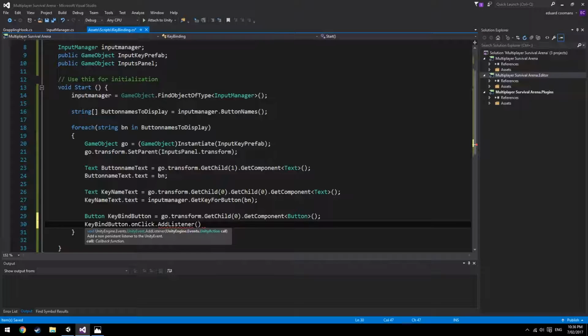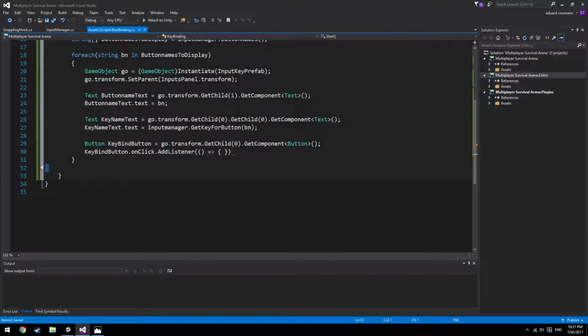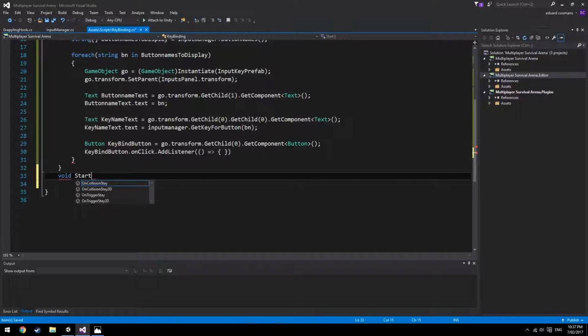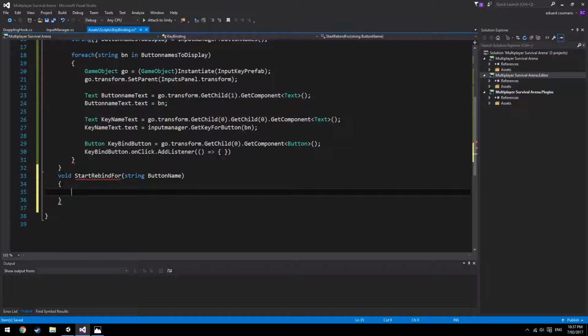So what I'm about to do is super important, which is delegates. What we did in the connection manager, we're going to do it in a different form here. So here we're going to say the delegate, so it's going to be empty, but we're going to delegate it to a new function. So we're creating a new function here, technically a delegate. We're going to say what will this delegate equal, and we're going to create that function down here. So in this, we're going to call a function which will say StartRebindFor, and it takes in a button name,